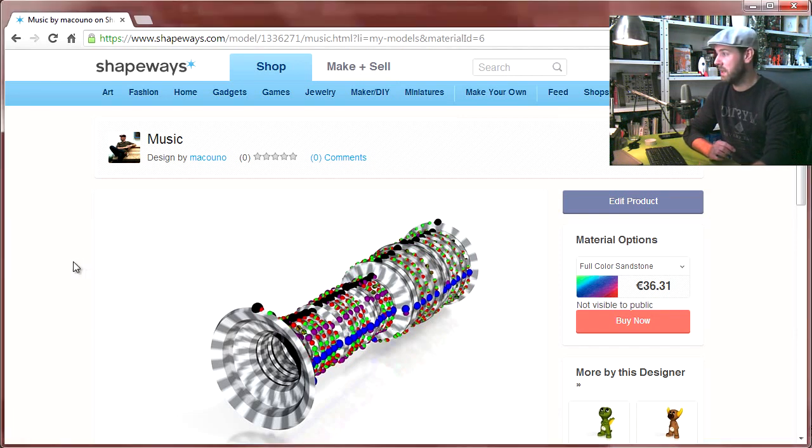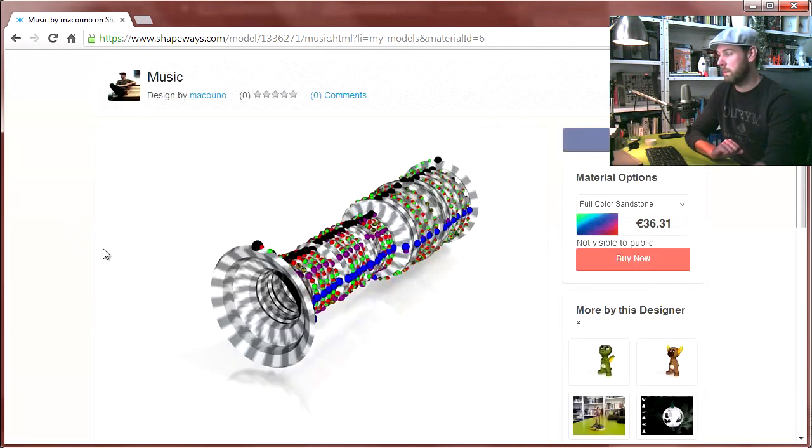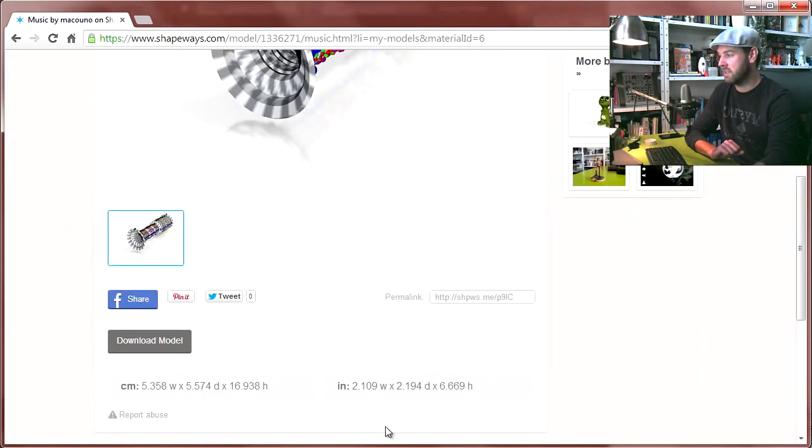Looking at the model, it looks pretty good. You see the colors are a little bit more vague, but I think that's their rendering. That's not actually the way it's going to be printed. That's okay. The price in full color sandstone, that's what they call the material there, is only 36 euros. That's a little over $40. Shouldn't be a problem. And if I scroll down to check the size, it is